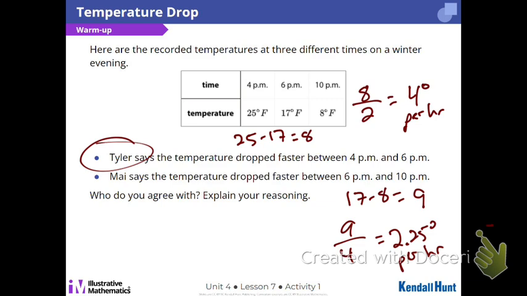But is it faster if someone runs 4 miles per hour or 2 miles per hour? 4. Yeah, so again, if you picked May, this is intentional. This is intentional because if you have that misconception or that thing where you didn't look at the interval of time, it's supposed to spark your brain to say, oh, I need to look at more than just how much